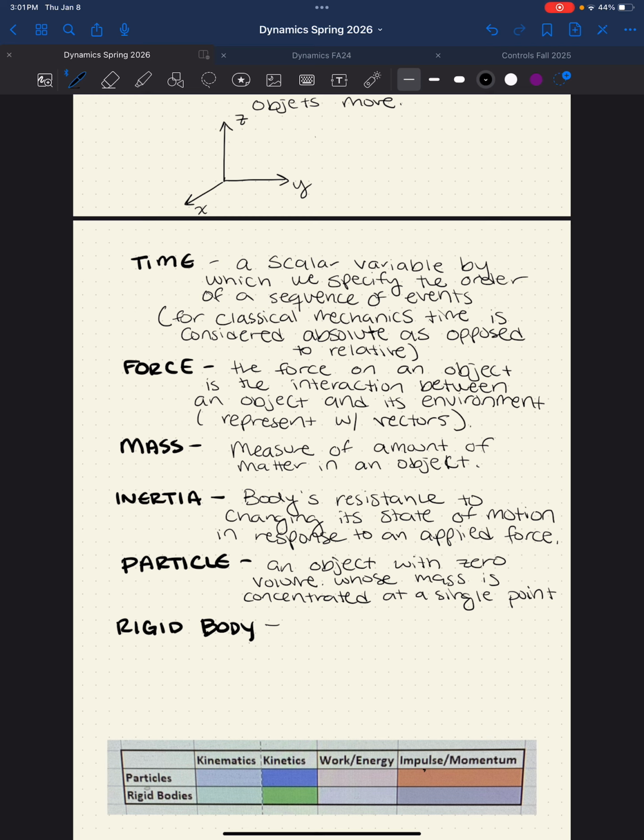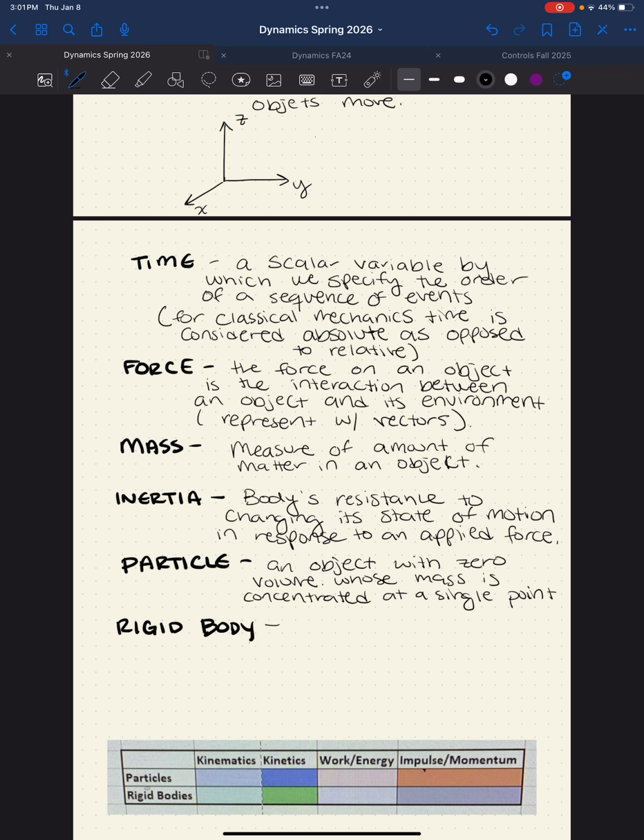So when we first start looking at a new concept, we're going to apply that concept to particles, and because that particle has no volume and is just a single point mass, some of the math is going to be simpler for applying that theorem to a particle than it would be to apply that theorem to a rigid body. So we will start out thinking about particles, and then we will increase in complexity by then thinking about rigid